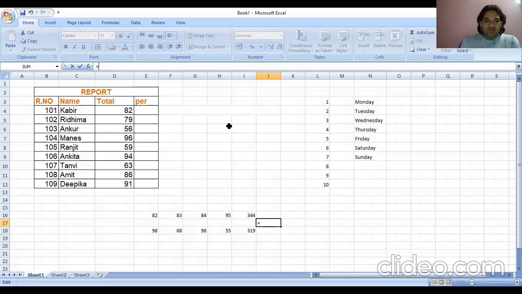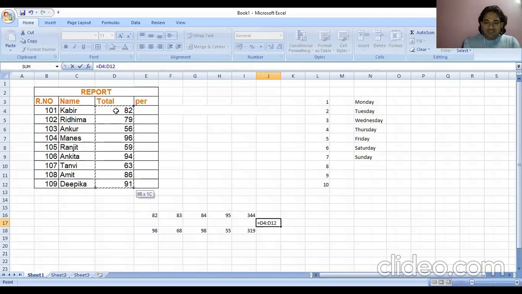For example, suppose I want to get the total, right? Once I click there, you can see the equal to sign is there, D4. Now I will keep pressing the Shift button and select the balance. You can see there the numbers are coming, right? Up to D12.